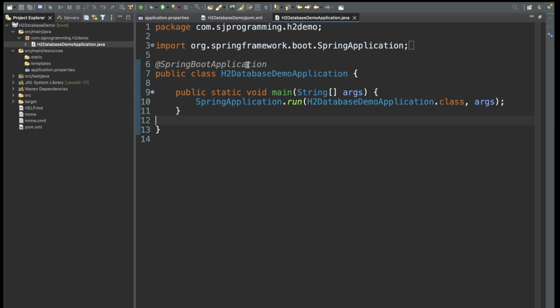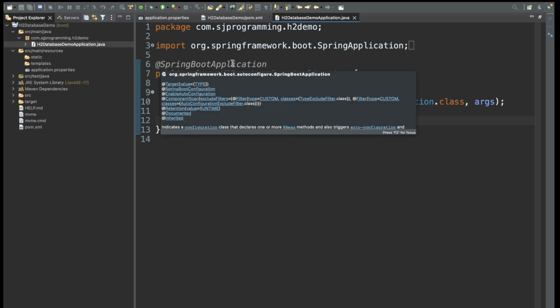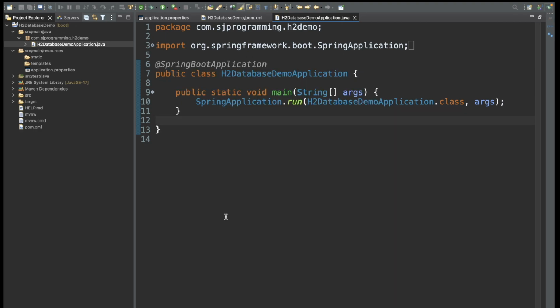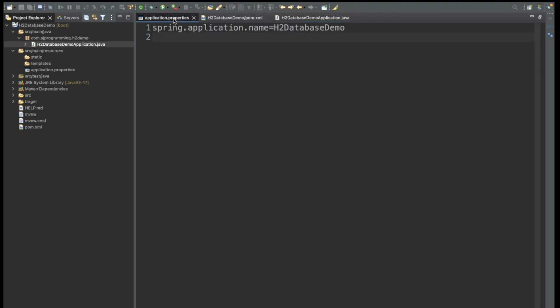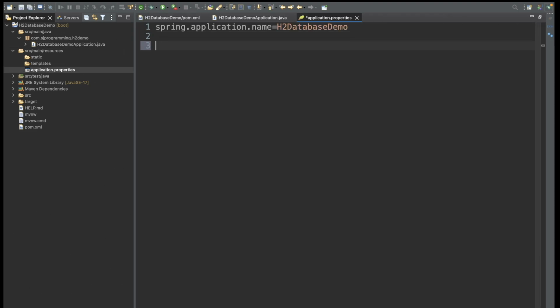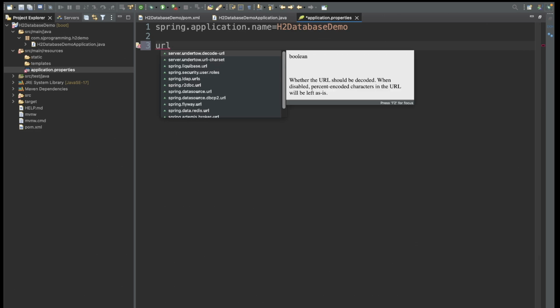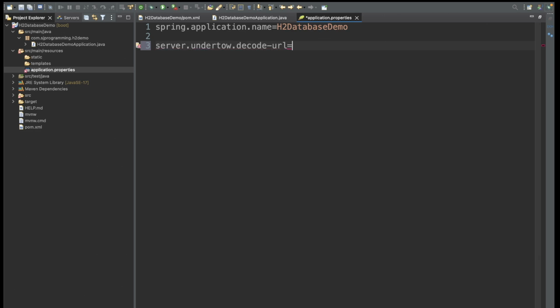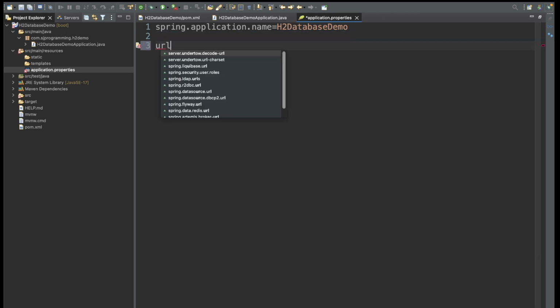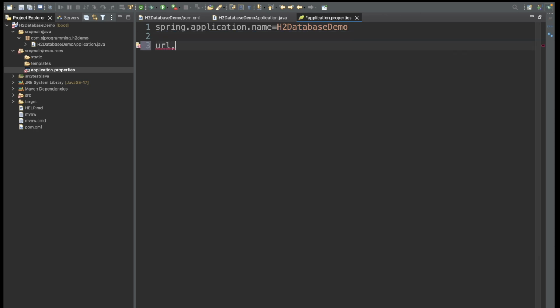Now we want to connect to the H2 database, right? So to connect to the H2 database, we need to provide some properties in our application.properties file. Okay, now which properties do we have to provide here? First we will provide the URL. Then we have to provide the driver class name,